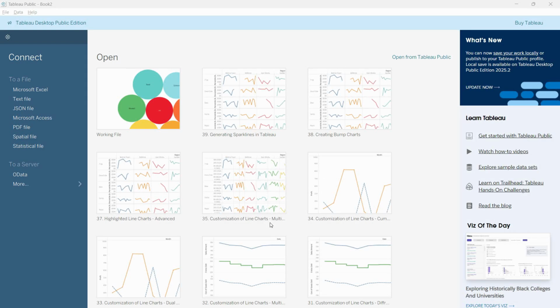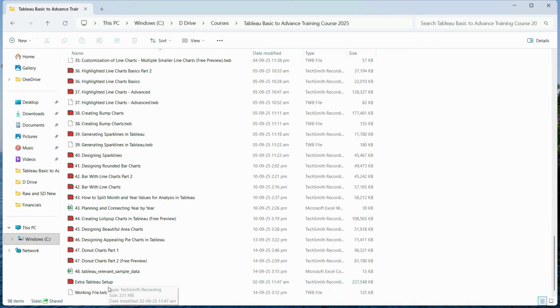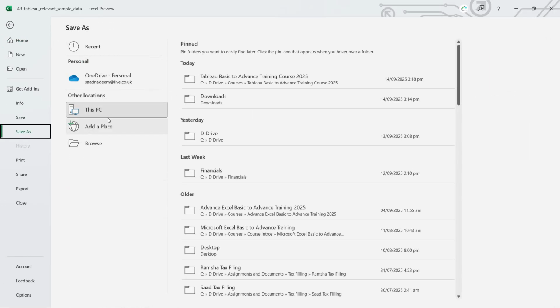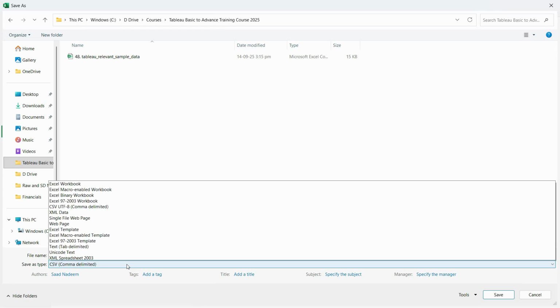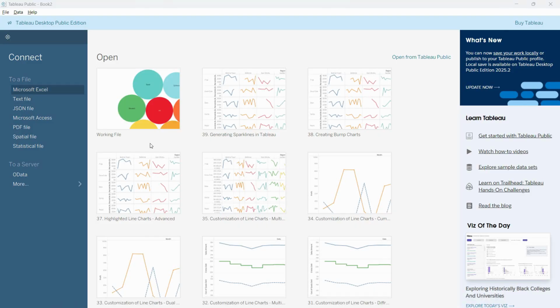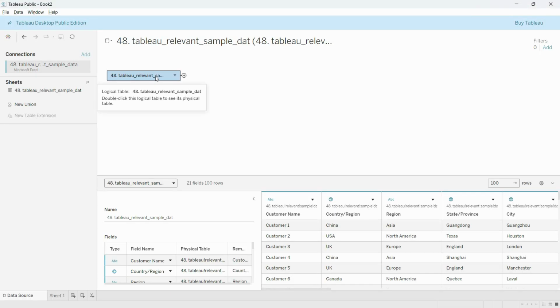Click open. Now, if it shows you the error message, that means we need to connect and convert this data into a normal Excel file. So let's go to file, click on save as, and save another copy as Excel workbook. Click save. And now let's try connecting the data again. Microsoft Excel. This is the relevant sample data. And that's it. Since all of this data is on a single page, we can go in the sheets directly,